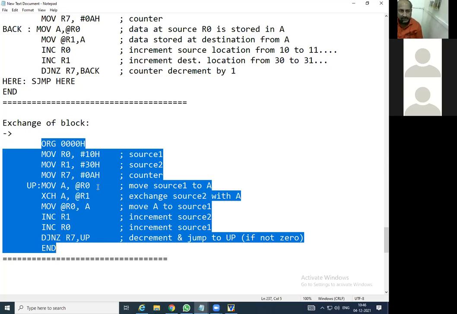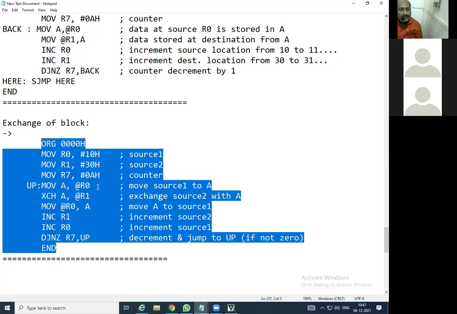Both are having the data, so two sources are here. So R1 and R0, these are the two sources. The location we have kept the same for simplicity. You can change this location, go to that particular memory location, and watch exactly what is happening.